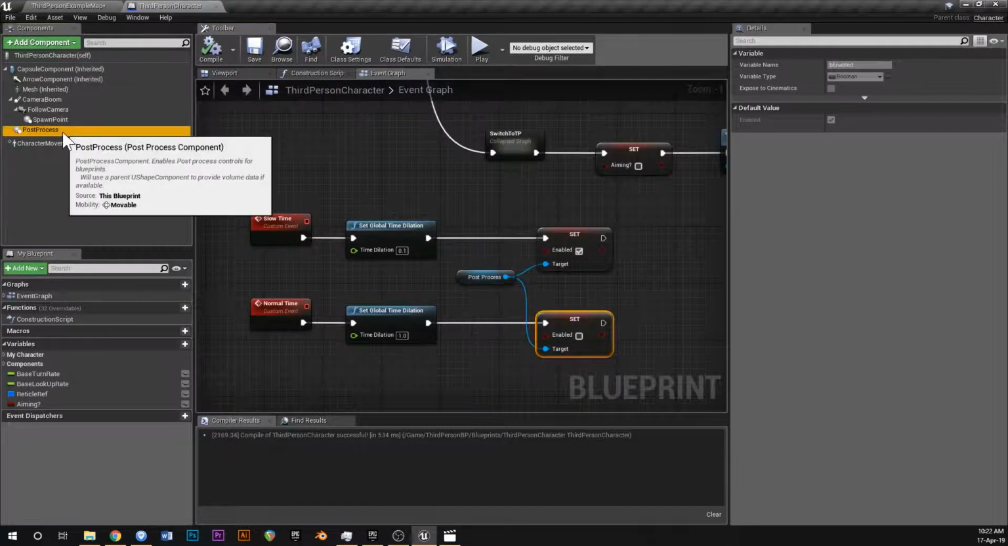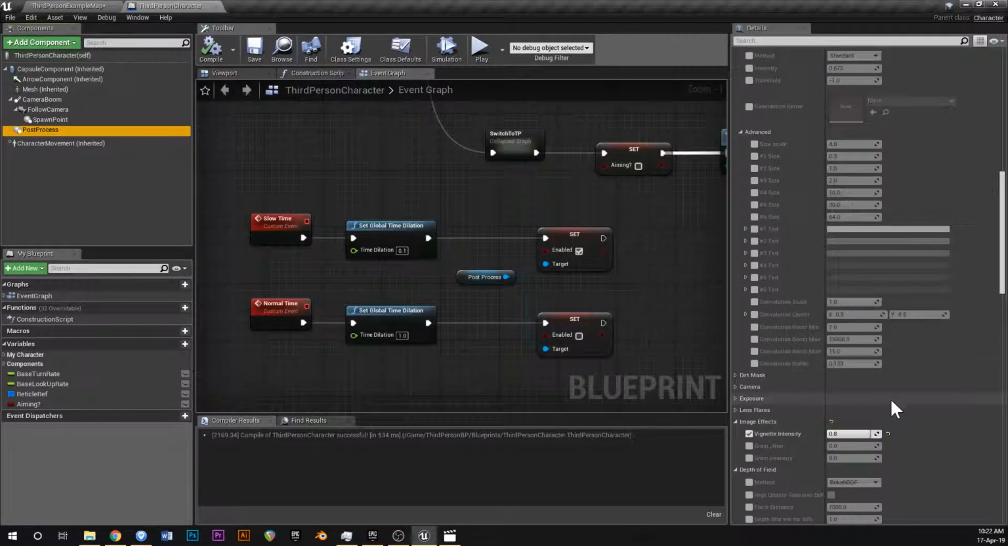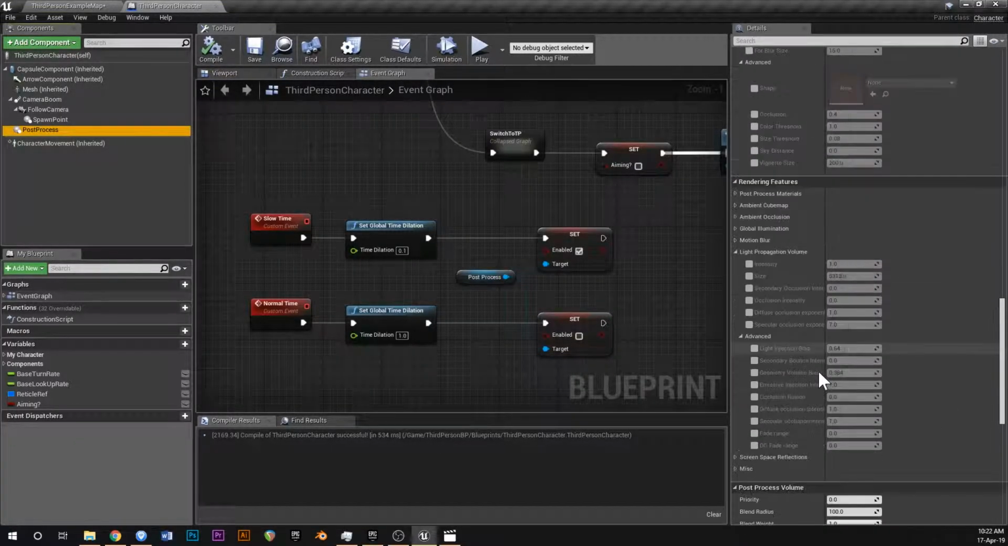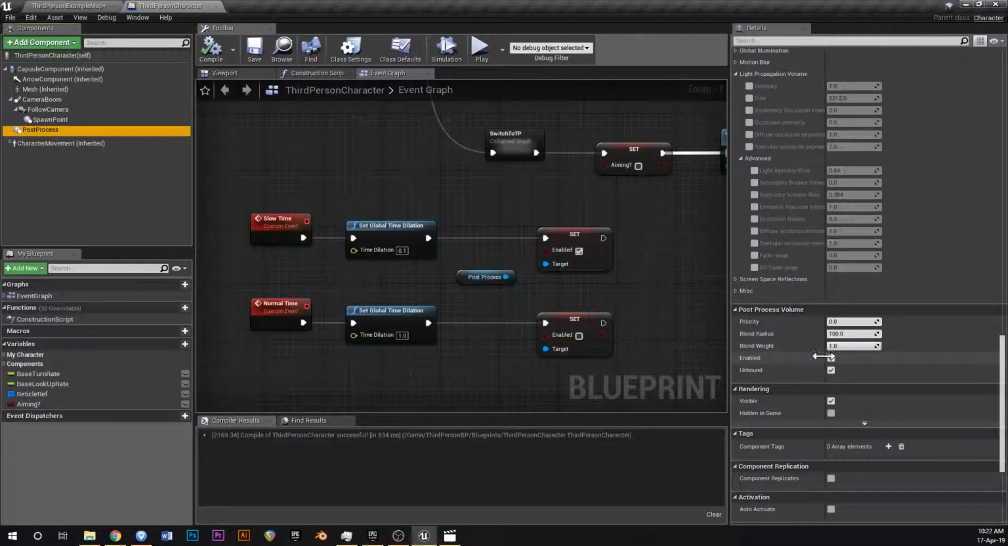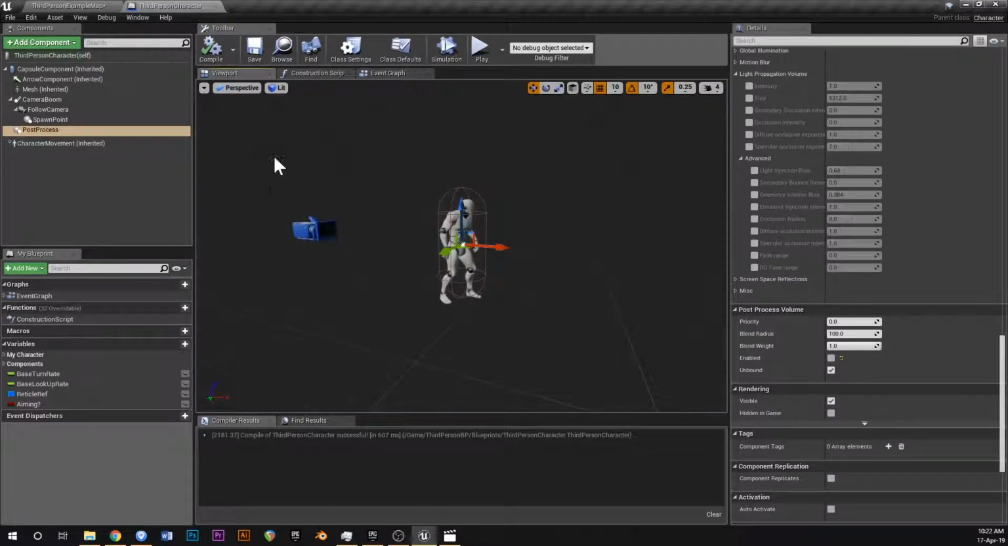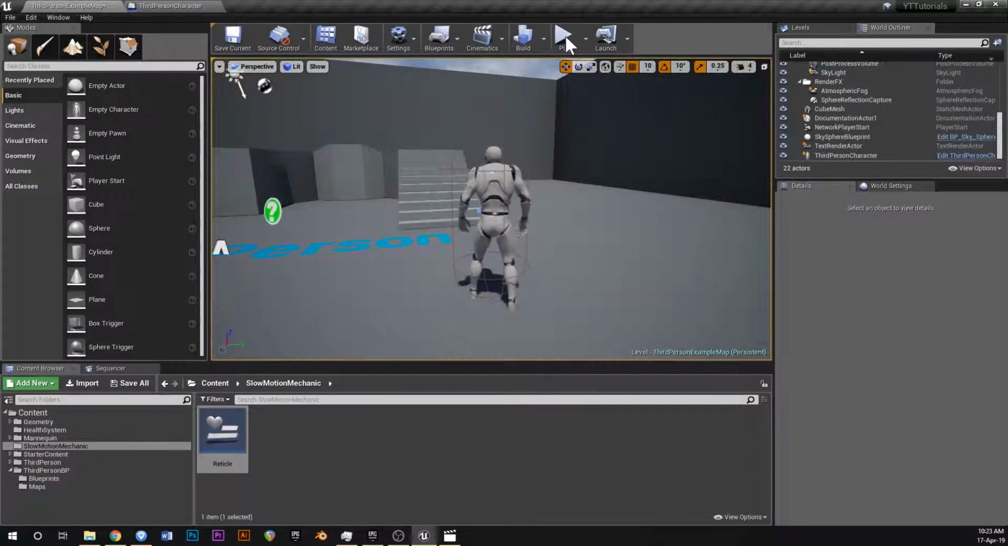And the default, we want post process to start not enabled, because we're going to start in third person. So if you scroll down and find enabled, set that to false. And if you go to your viewport, you should have your colors back. So now if we go into our game and we play,